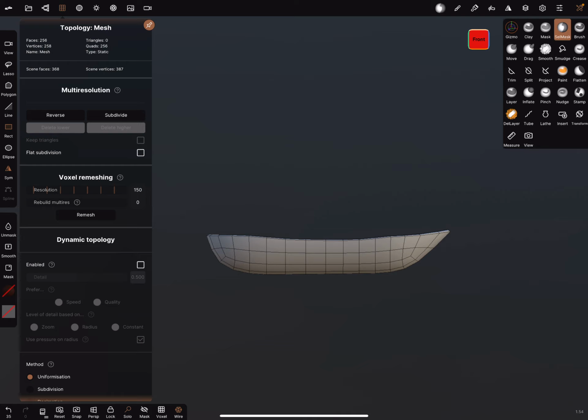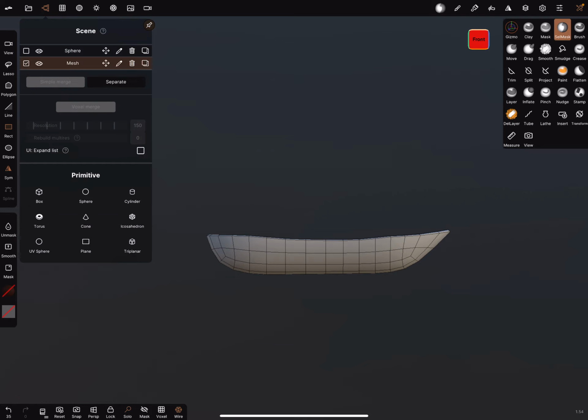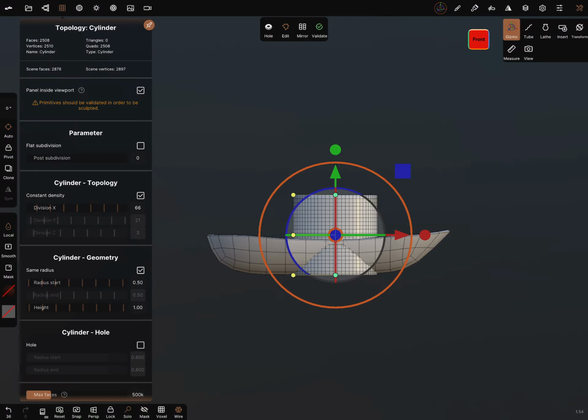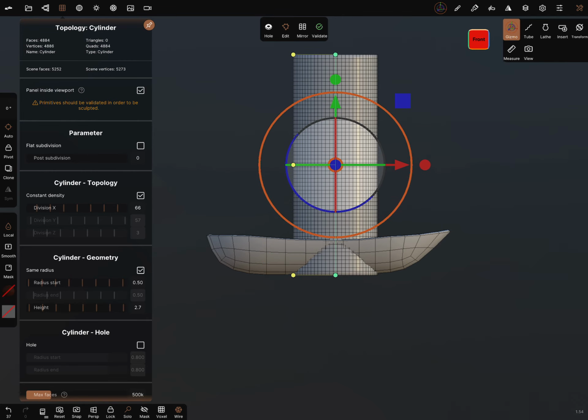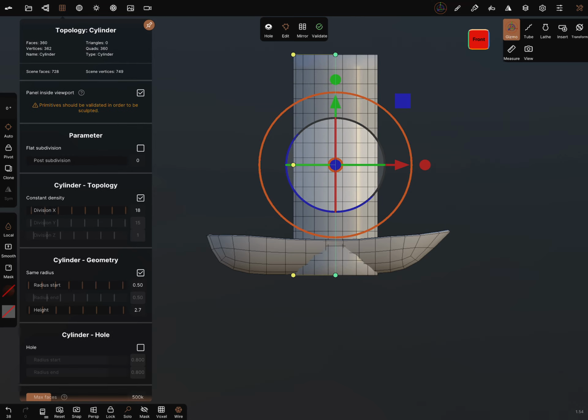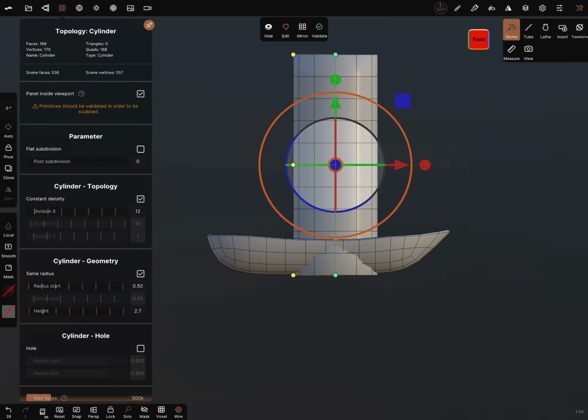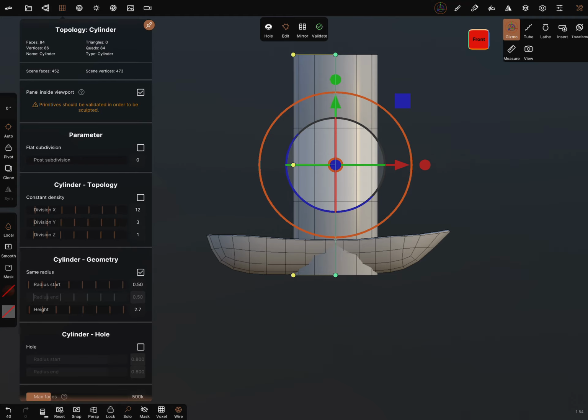We can go to the front view, and now we add a cylinder. In the division we go to about 12. And where's the height?